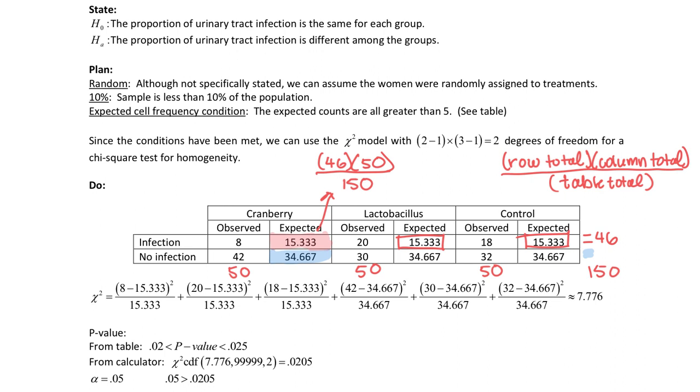34.667. The total here in this case would be the 42 plus the 30 plus the 32, or we could just take 150 and subtract the 46. That gives us 104, which we'd multiply by the 50 and divide by the 150. And that's how they ended up with those 34.667 numbers. You can see the chi-squared formula being used, the observed value minus the expected value squared, all divided by the expected value. And you found the sum of all 6 of those to get